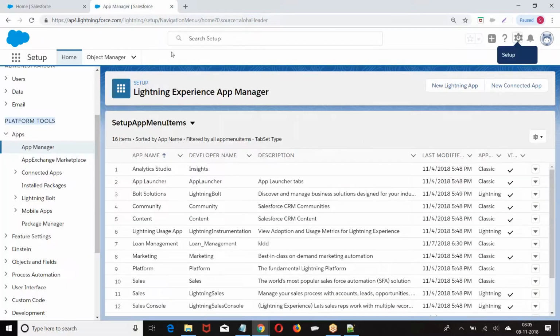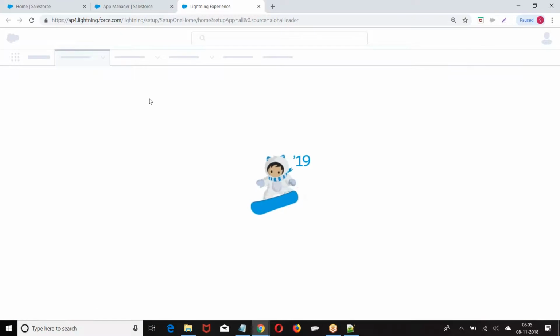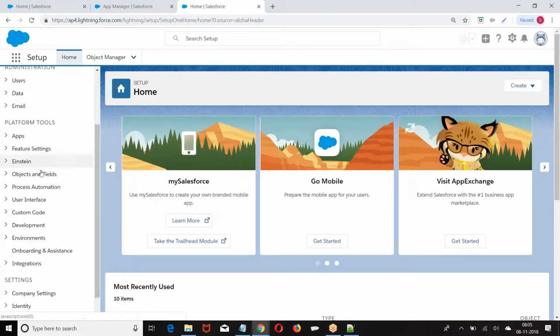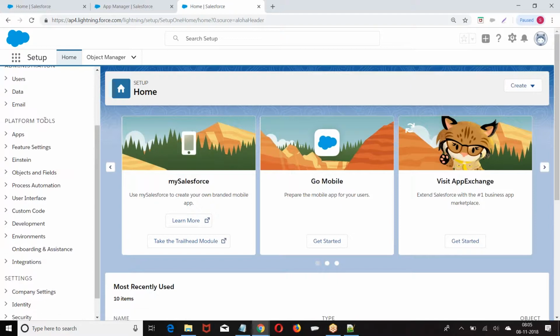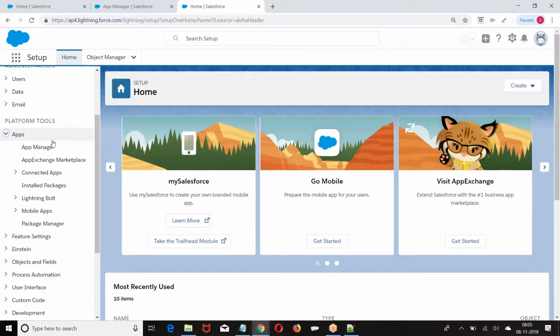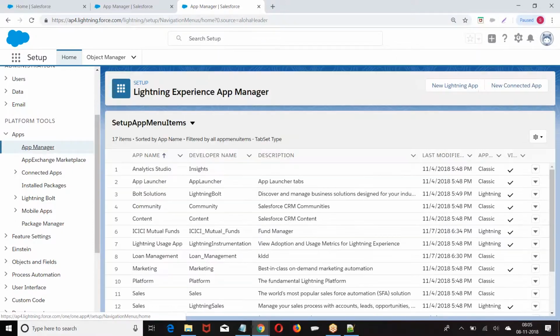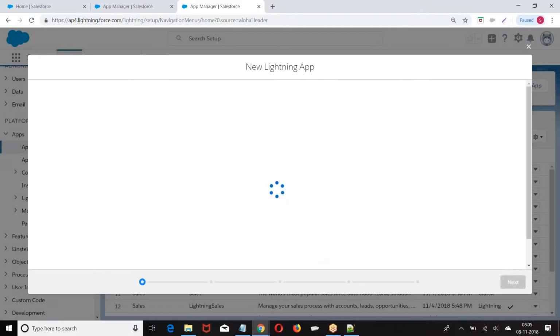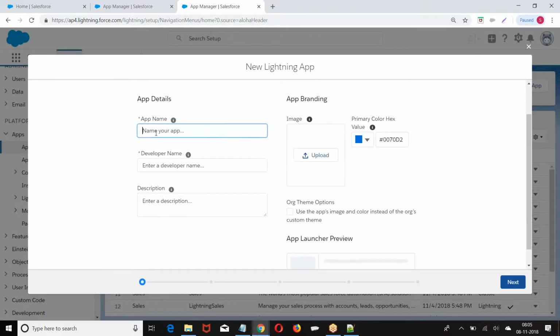Once again, I'll go back. Let us understand step by step clearly. Setup, platform tools, apps, app manager. Then we have new lightning app. Recruitment app.